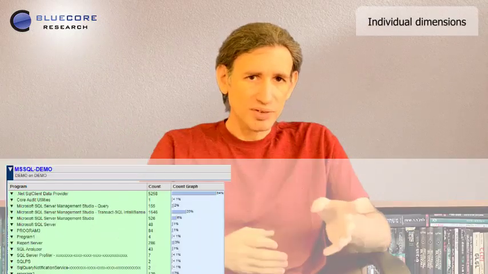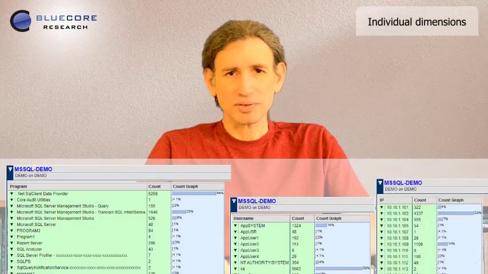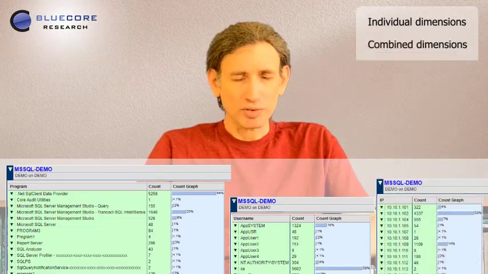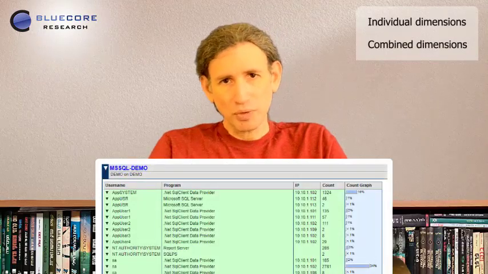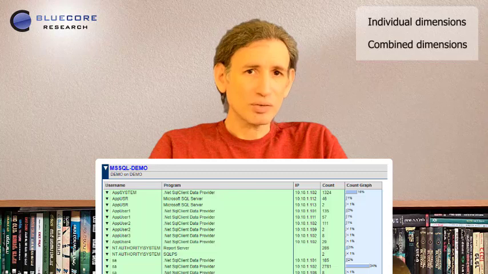We start with session reporting. So in sessions we have multiple dimensions. We have users, programs, IPs, and so on. We can create a different report on each one. So one report on all the users in the database, another one on all the programs, another one on all the IPs, and so on. But we can also create a report on multiple dimensions. So a report that has a user, program, IP, etc. That would give us tighter control.